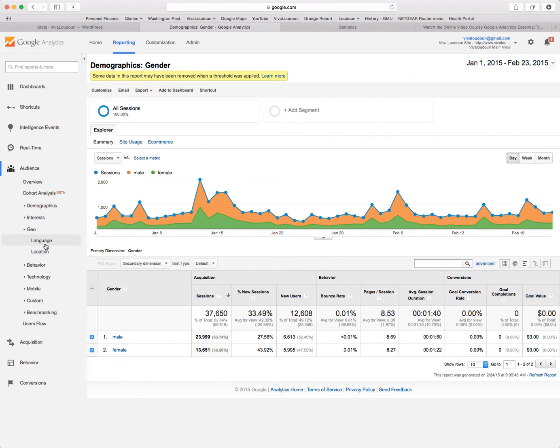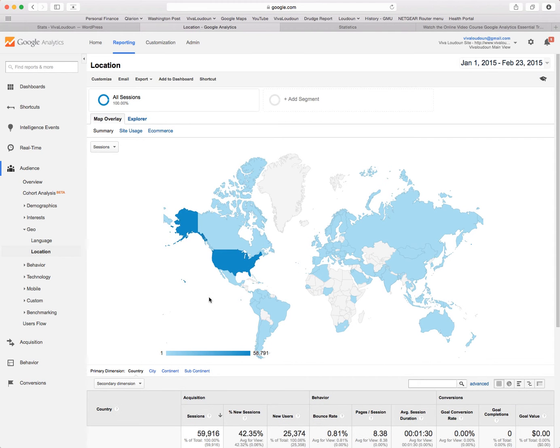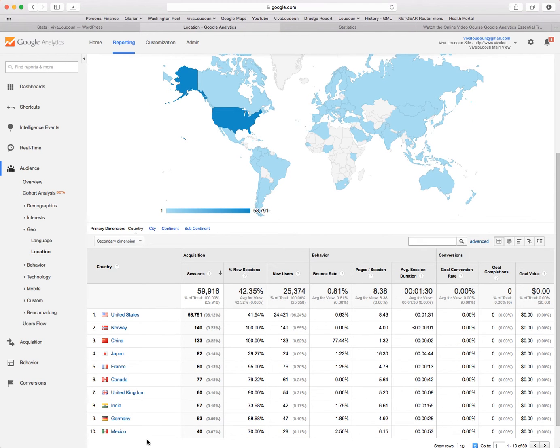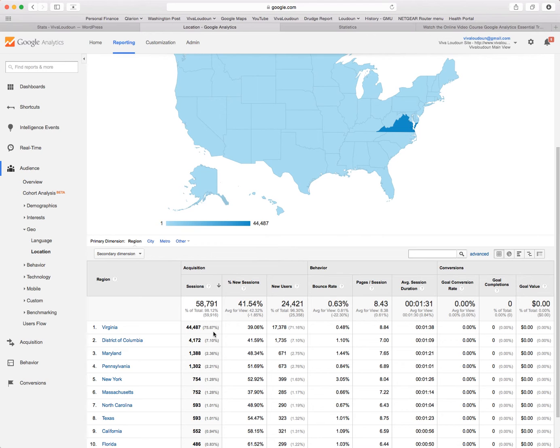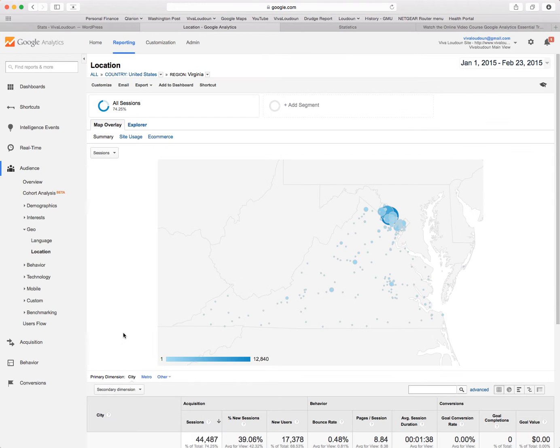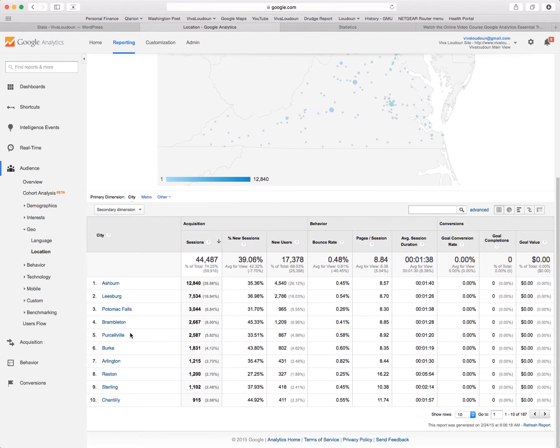If you do geo, that is one interesting thing, because by location it can show you who around the world is looking at our sites, and then it can drill down. And within the US, as you'll see, 75% is Virginia, and it makes sense at the 2 closest areas. So 4% are Maryland and DC, and as you get further away, it gets less. If you click on Virginia, then it breaks into what areas in Virginia, and you'll see by what cities. So this is a way of if you wanted to pull and see by location,